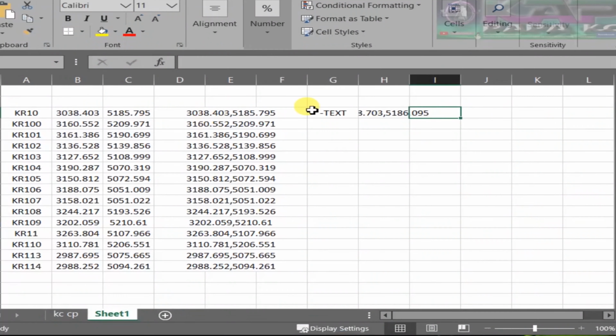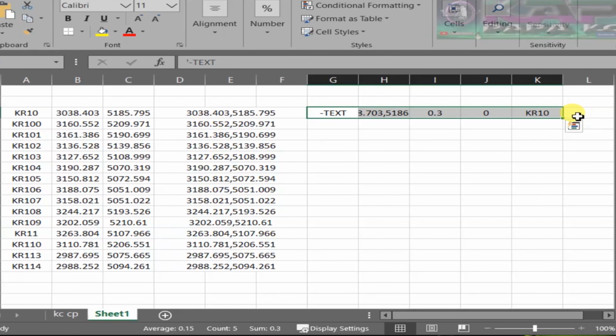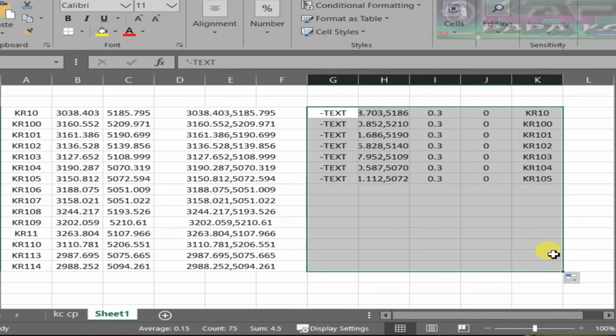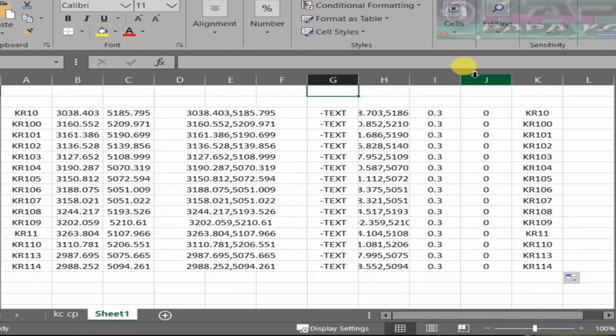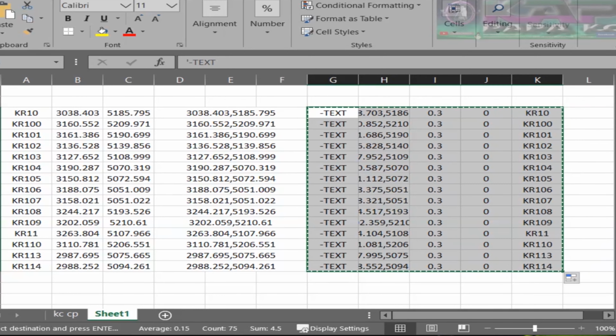Okay, go back to Excel. Command, position, then next height, the next 0, the next equal to the text. What is the text? It is the point ID. Okay, we have our command. Then go back, copy this, go back to Autocad,